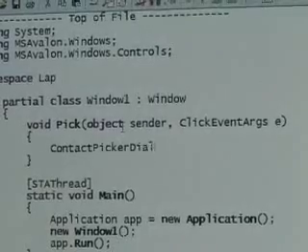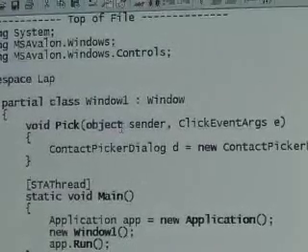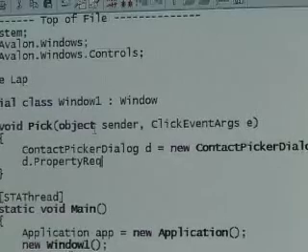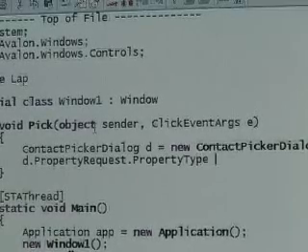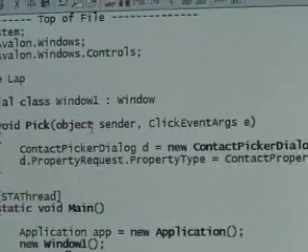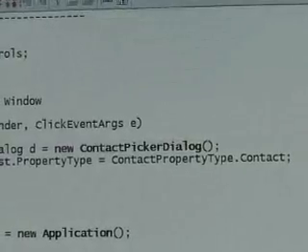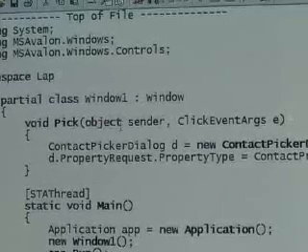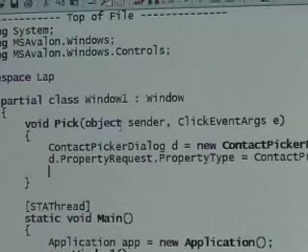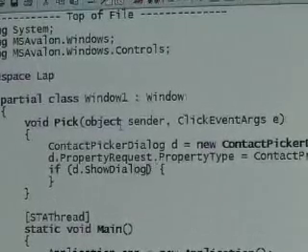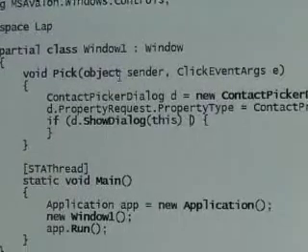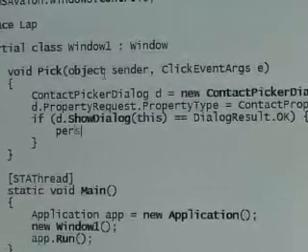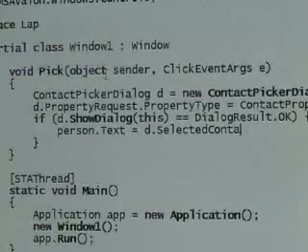So we can say contact picker dialog, and we want to specify the property request.property type to be contact property type.contact. Now the contact picker is actually a really complex control that allows you to select lots of attributes about people. You can actually select addresses, multiple email names, you can deal with phone numbers. In this case, we're just going to get the whole contact back. So now we're just going to show this, just like you would standard dialogs in Avalon. Dialog result.ok. And if we get that, we're just going to go and set the person.text equal to the selected contact